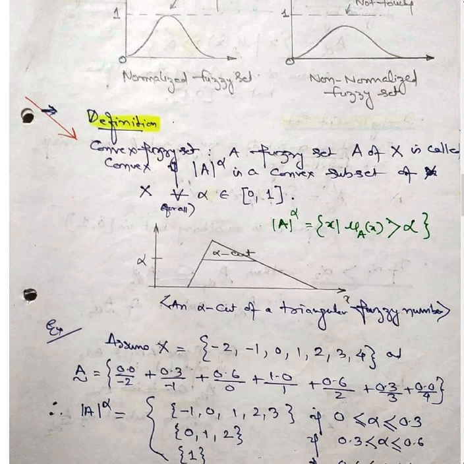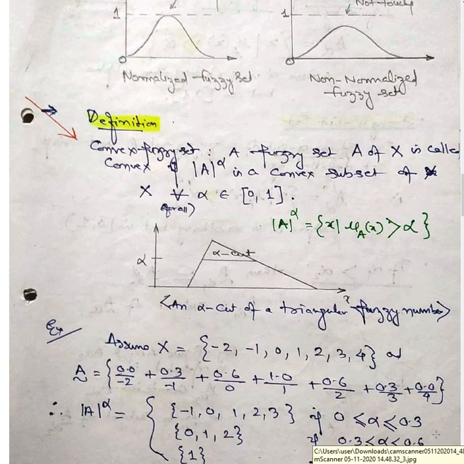A universe of discourse X with the set of elements -2, -1, 0, 1, 2, 3, 4 and a fuzzy set A with respect to these X elements is defined in terms of its own membership function, which is on the numerator for each case. The numerator is the fuzzy membership function, and the denominator is nothing but the crisp set X. So the alpha cut A to the power of alpha is defined as -1, 0, 1, 2, 3